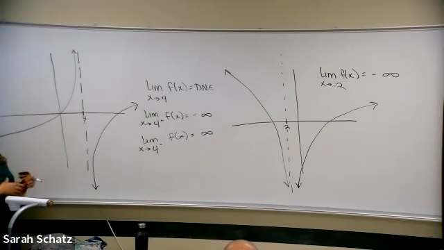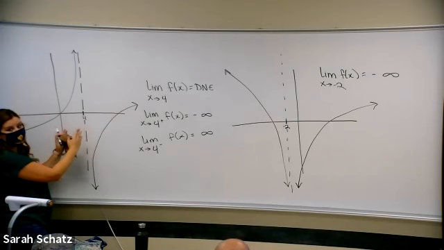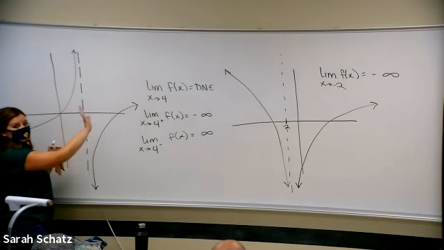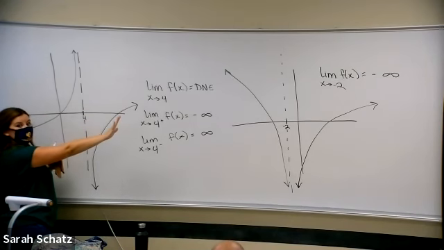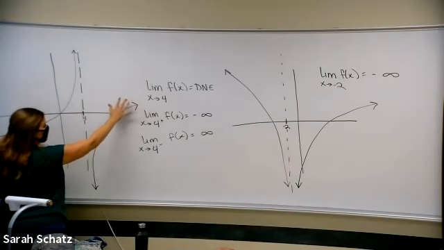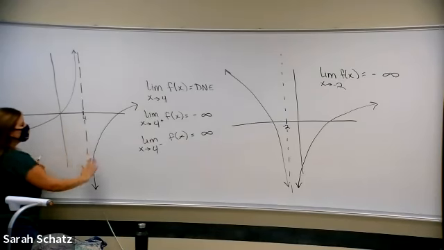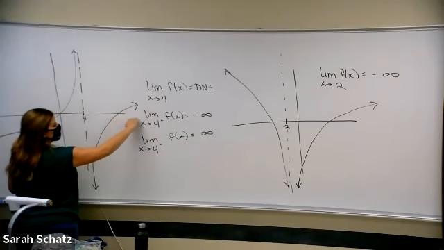Because it's from the right, so whatever your value is, think about, okay, I'm going to look at the positive side of that value, but I'm still approaching 4. So notice from over here, I have to actually go down to the left to approach the 4. If I followed it this way, I'd be approaching from the other values. Okay, that makes sense. Thank you.